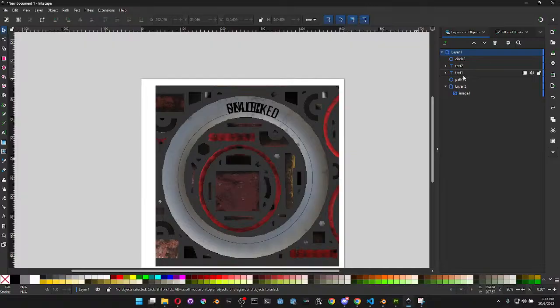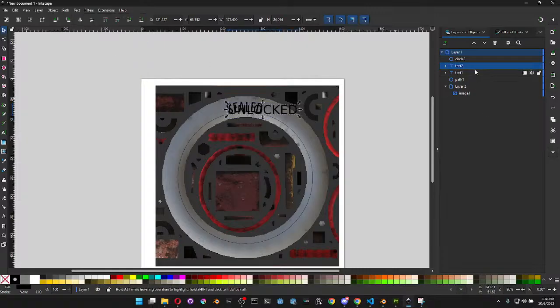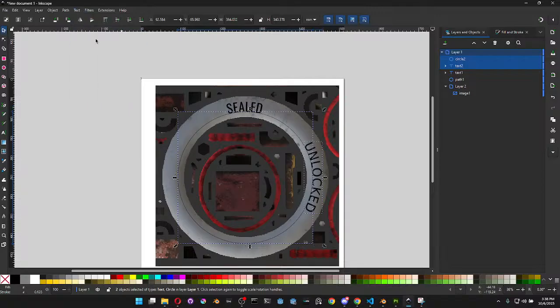Okay, so it seems like the first text is locked already to the first path, which I believe should be an effect somewhere we can remove. Put on path, remove from path. Okay, sure, that works. And then we'll select the second circle, put on path, yes. And then we'll take the second circle, then rotate it,